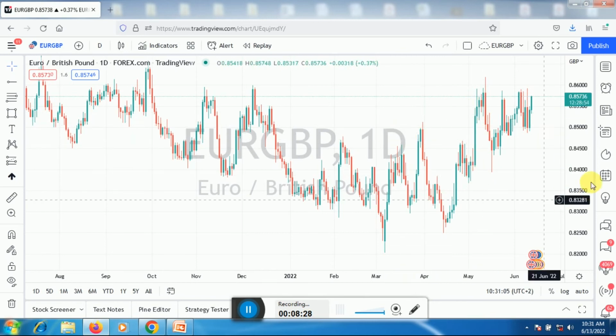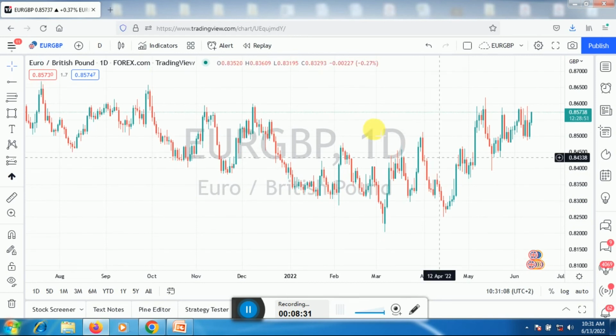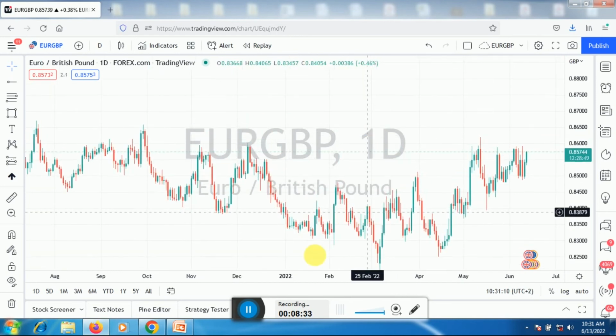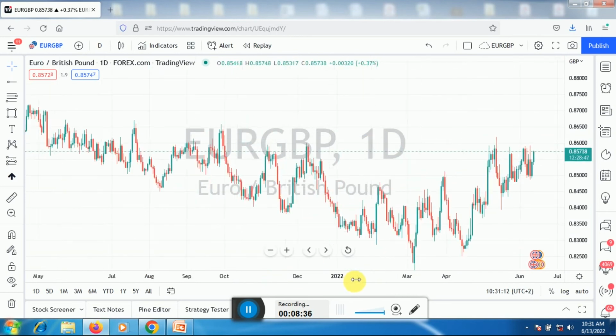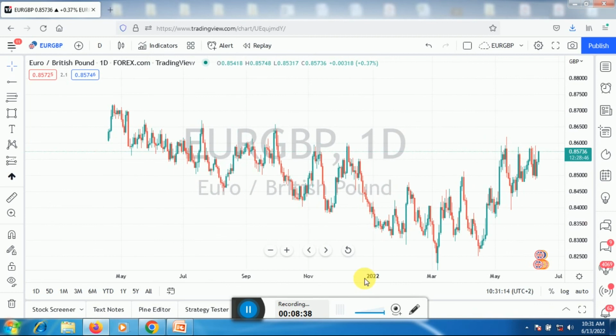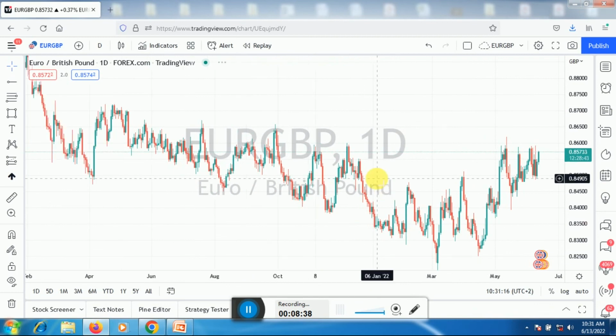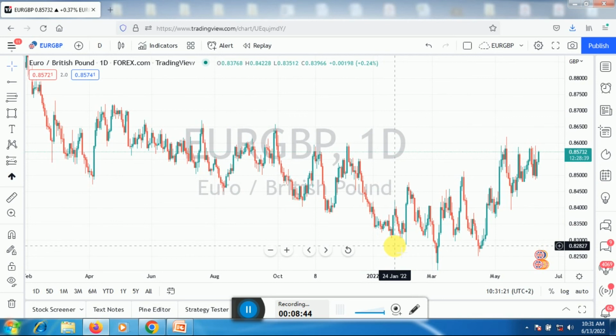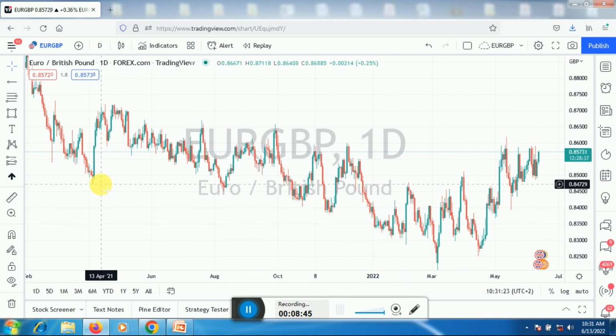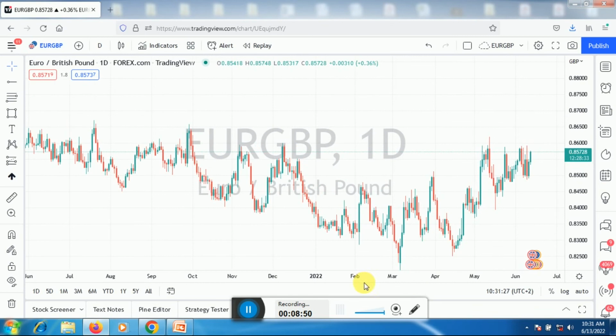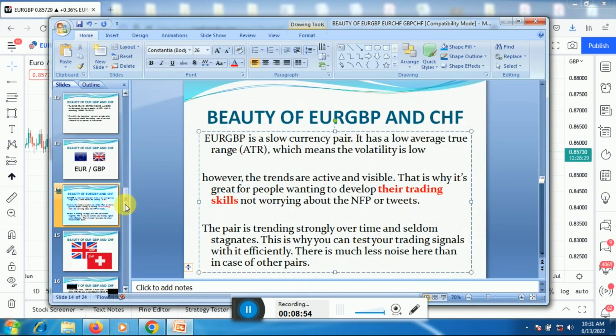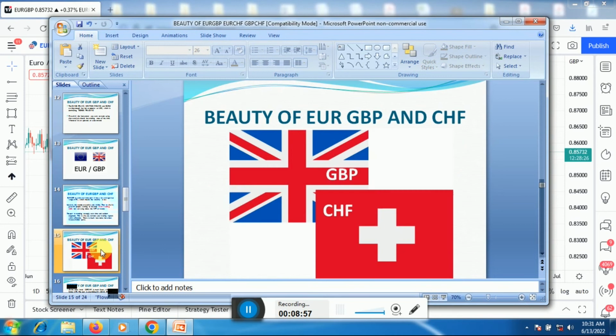So EURGBP, you can trade it so you can test your strategy, you can backtest some trading signals, even maybe learn to draw trend lines, learn to plot support and resistance here on EURGBP. So it is a very, very slow moving pair. It is not volatile like the other currency pairs. So if we are looking at the